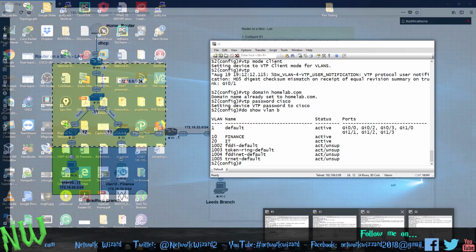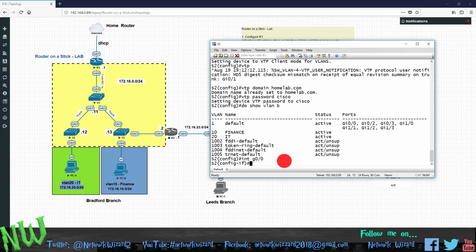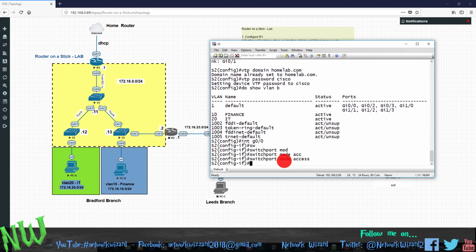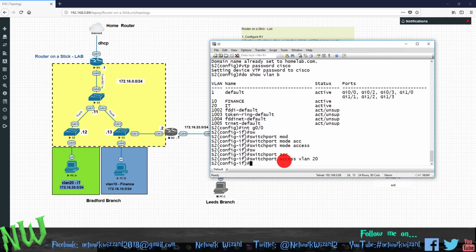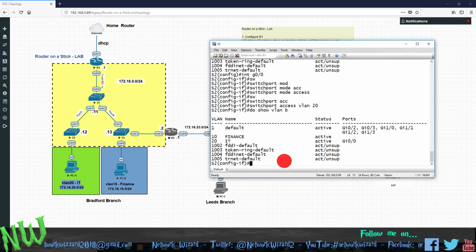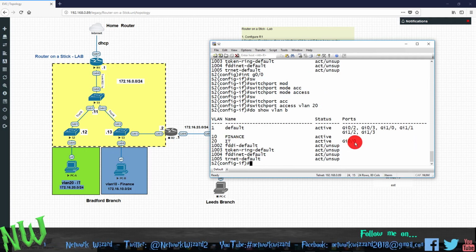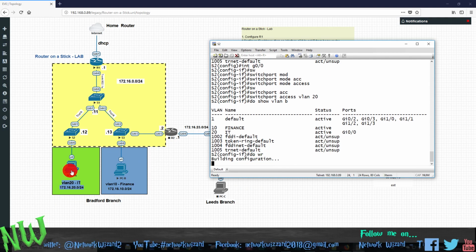So now if I go to switch S2, interface G0/0, switchport mode access, switchport access VLAN 20. So do show VLAN brief. As you can see, VLAN 20 IT, and here is our port. So do WR. So if I go to my computers,